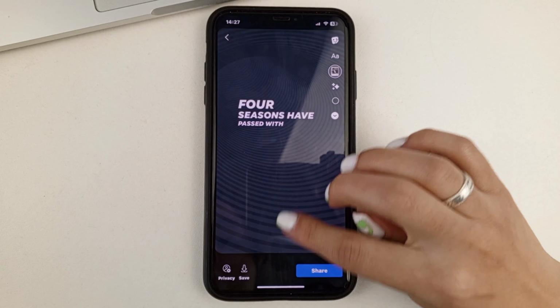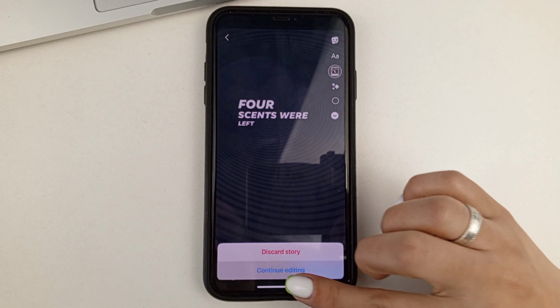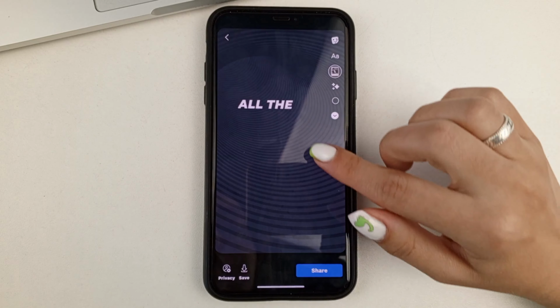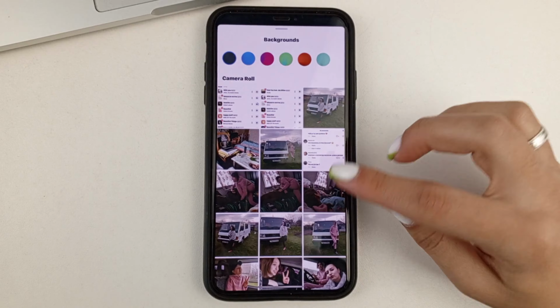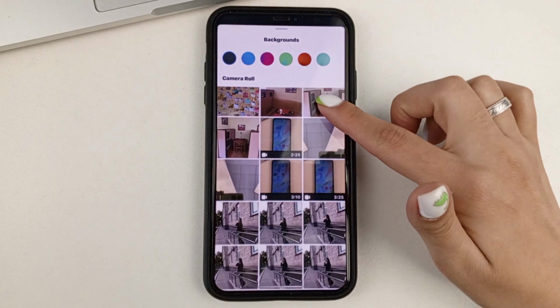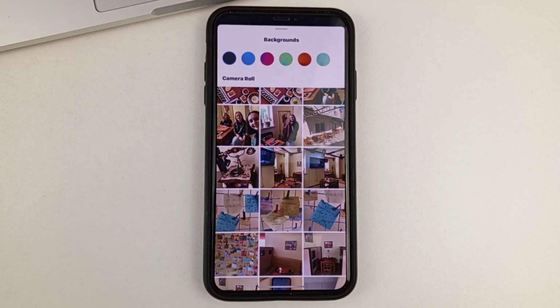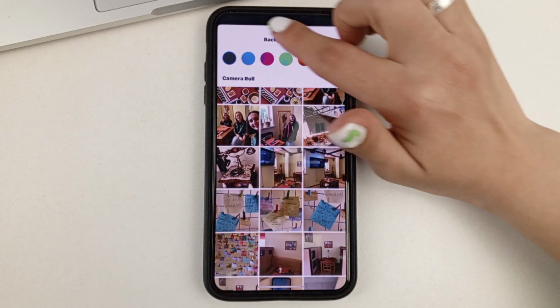In order to add something to it, you can add any images from your gallery, for example. Also change the background if you want to keep just the background and the song.